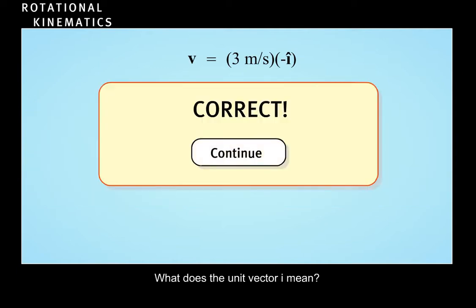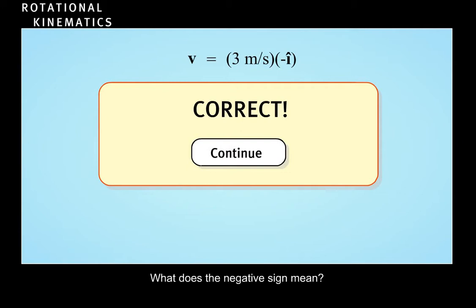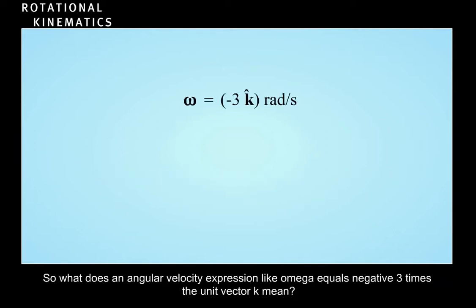That is correct. What does the negative sign mean? That is correct. So this expression means an object is moving at 3 meters per second along a line in the negative x direction. So what does an angular velocity expression like omega equals -3 times the unit vector k